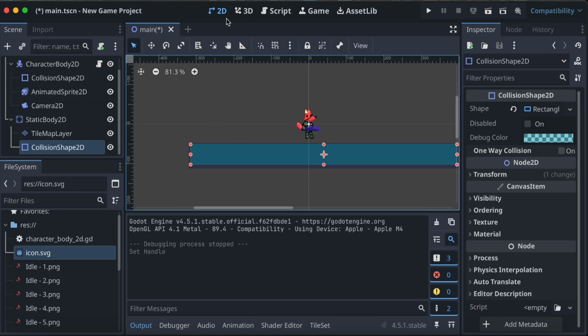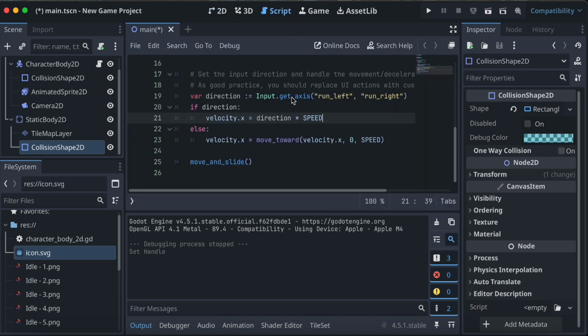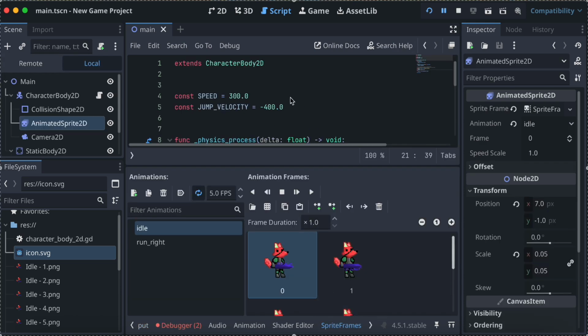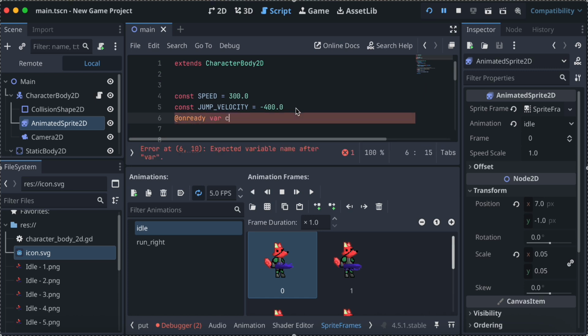Alrighty, good to go. So let's go back to our script here. Let's see if we can mess around a little bit and get our animations working. So you see our animations here, idle and run right. First thing we want to do is link a variable to our animations. So we're going to go ahead and call that onReady. That's for a different tutorial, kind of going into what that means, but for now, just type in onReady variable